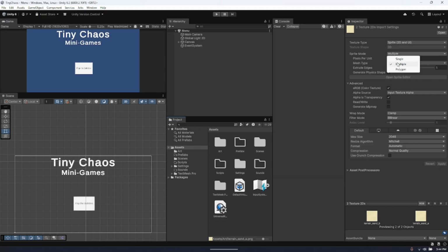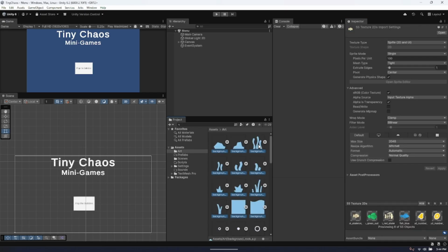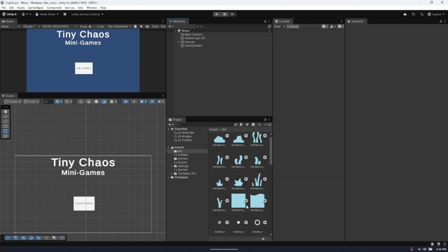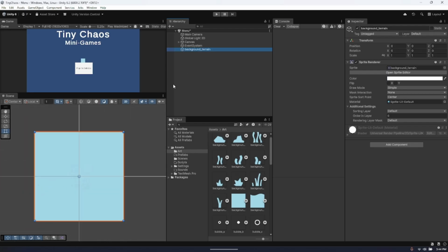Import there. Change it to single and apply. Okay. So we can always verify. Yep, all of them are single. Great. So let's say we wanted this background to be blue. We can just drag it to the hierarchy, and it shows up on the screen. Now it shows up